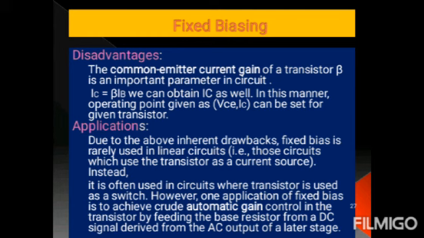So with that we have completed the biasing techniques. What is the operating point, what is the load line, and why you have to choose the operating point in the middle of the line, what is the stability factor, and what are all the three stability factors we have to derive. Now we have discussed the basic biasing techniques also. We will discuss the next biasing techniques in the next class.